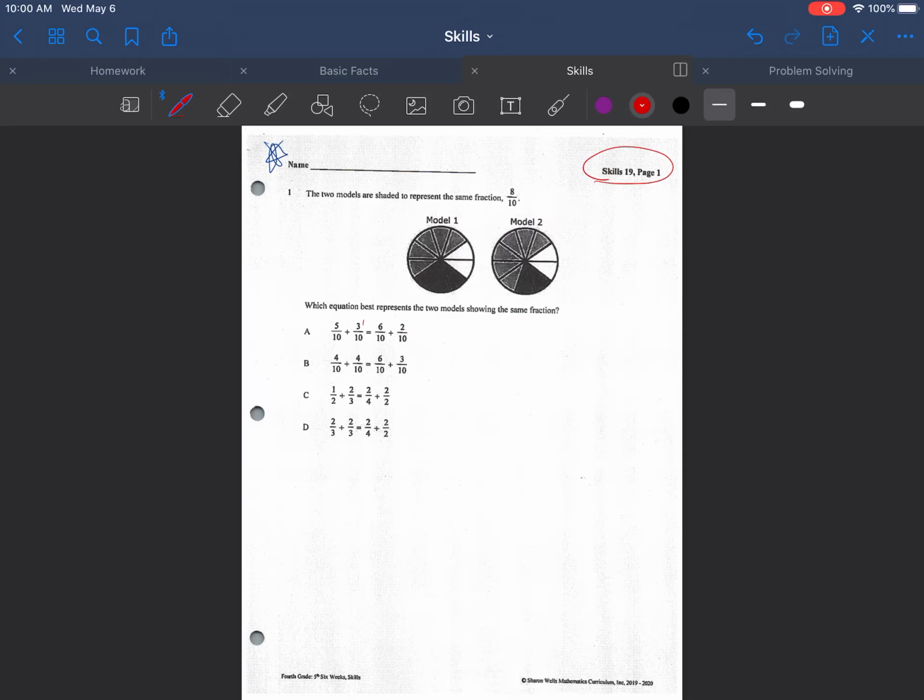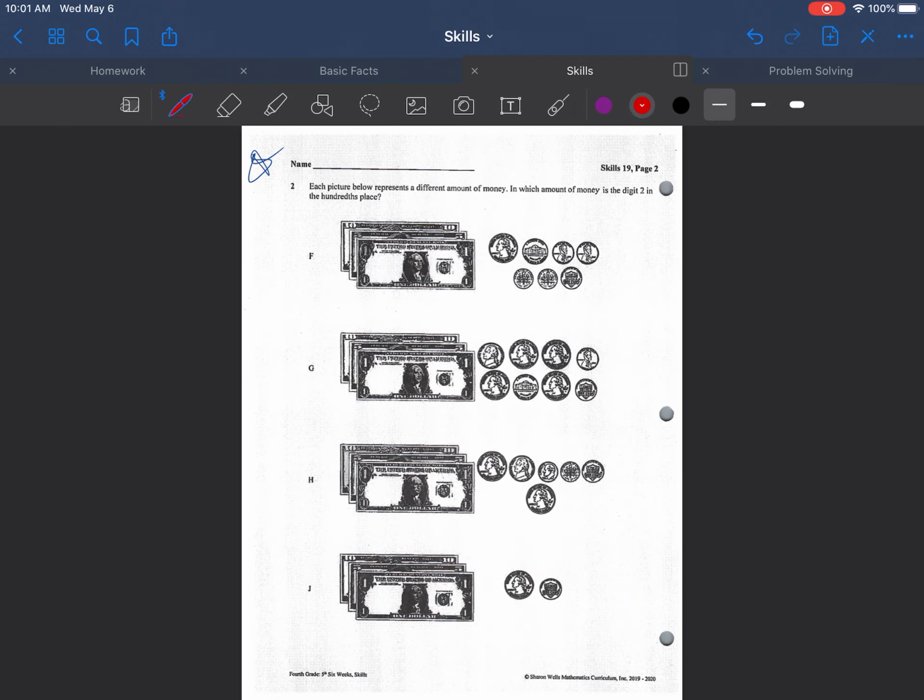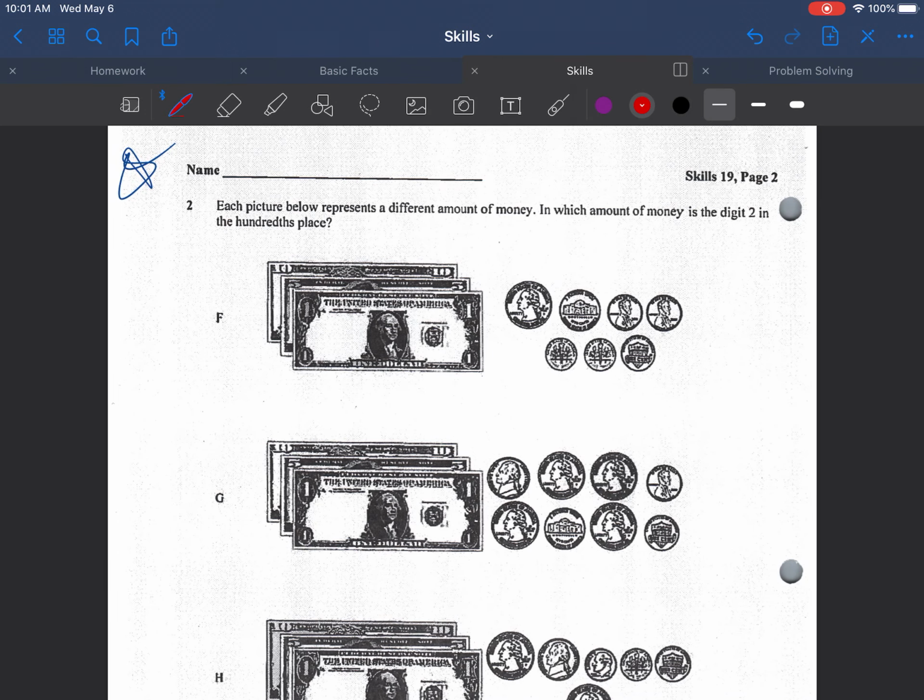So I am going to skip Skills 19, page 1, because this is something that we have been working with. Remember, if you go into the answers, right away I can see the equal sign. What you're going to do for this problem is do the left hand side and then do the right hand side, and then ask yourself, are those the same fraction? Are they equivalent? Remember that whatever you have on the left has to be the same as whatever you have on the right. So I am going to go to Skills 19, page 2,